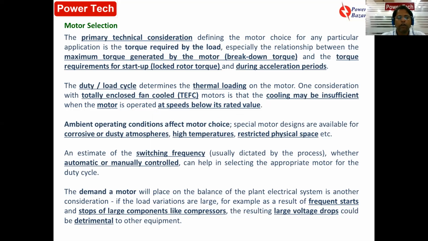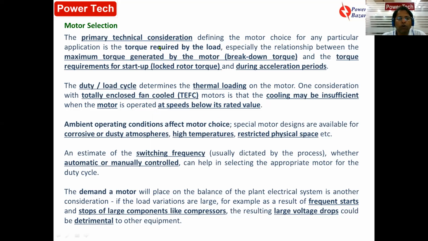Now, what is motor selection? Motors are the workhorse for any industry. So we need some motor for our operation for industrial drives. But how to select a motor? The prime technical consideration for selection of a motor is torque, because it is supposed to give you some torque at